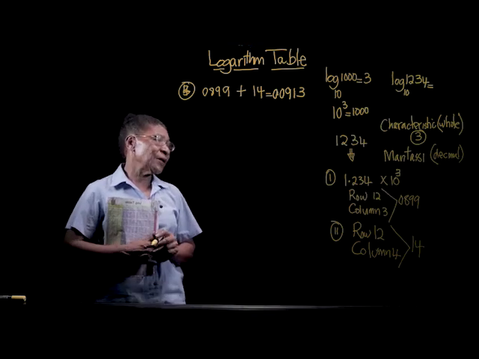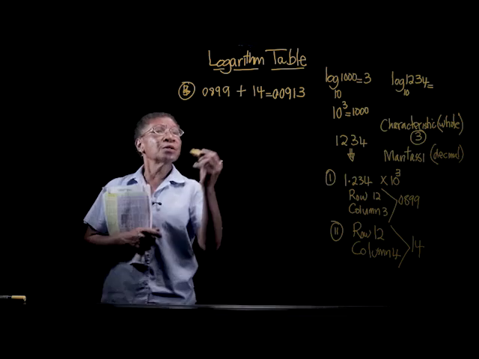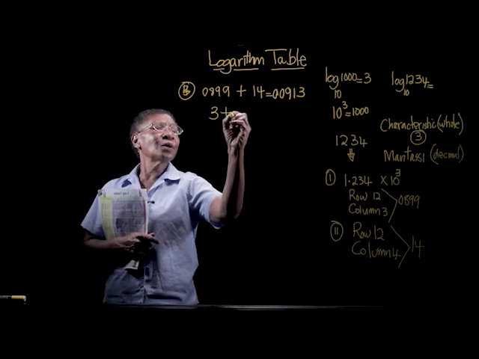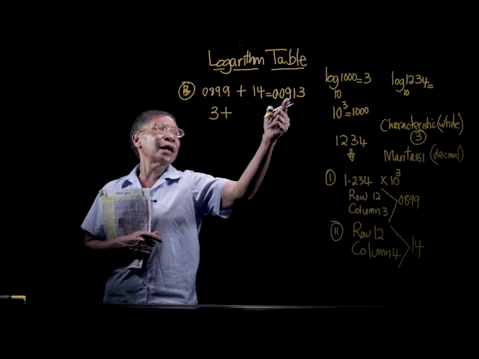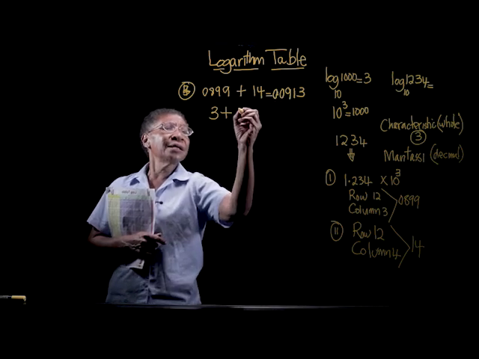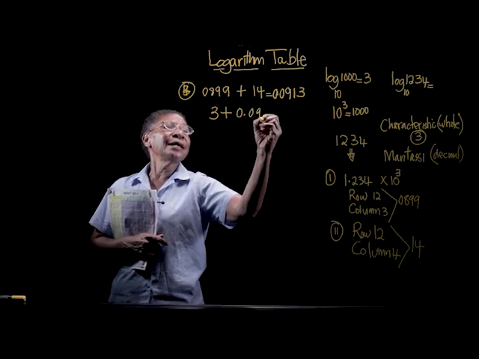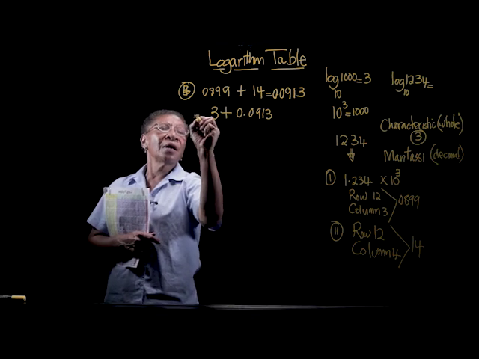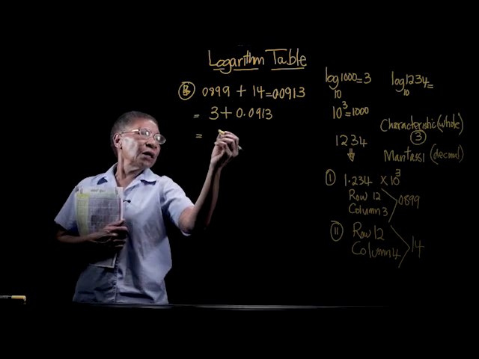So we've already calculated the whole number, and the whole number is 3. So we now have 3, adding that onto the sum of these, which is 0.0913, and we have the sum of that then would give us